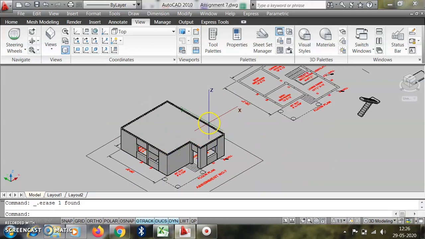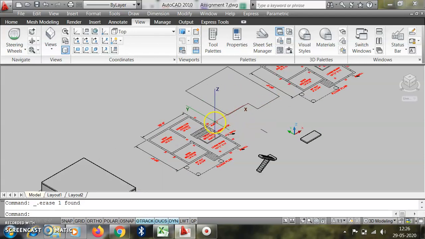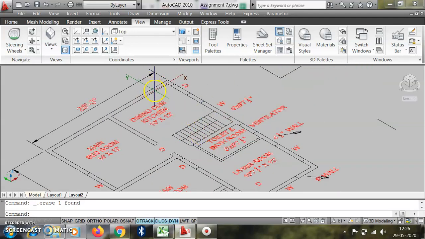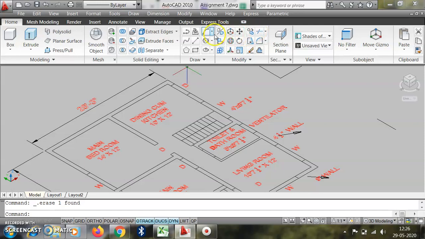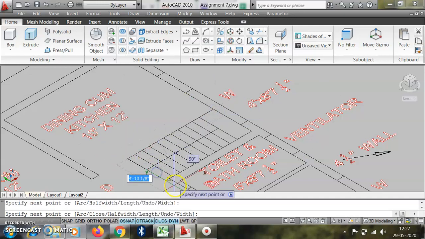Hello everyone. In this video we will discuss the headrooms of the staircase, the porch, and the plinth height. Here, though we inserted the slab, the headroom portion is not shown. So what we have to do is take another polyline. With the help of the polyline we mark the portion of the headroom. Snap on, so we mark this portion of the headroom. This will be the portion of the headroom.